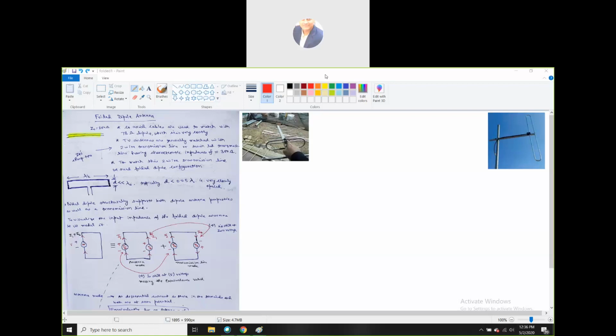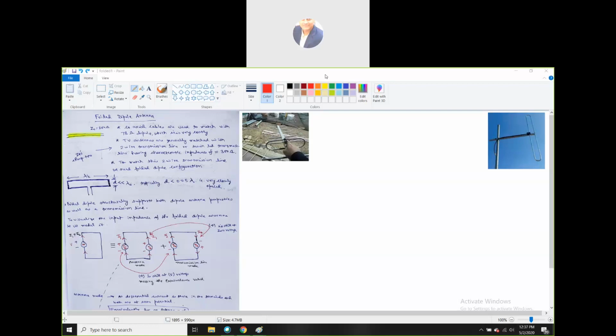So it is very important that the radiation resistance should increase. Therefore, in the Yagi-Uda antenna configuration, we concluded at the end that in place of the dipole antenna as an active element, we will go for the folded dipole antenna, so that the radiation resistance can be increased to a fair amount to get the maximum power radiated. Now, following that chain, we are going to start the folded dipole antenna.